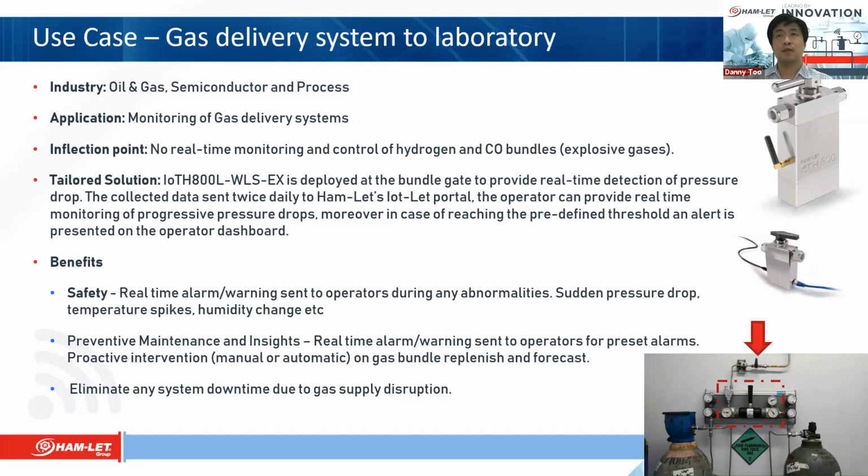I think one of the pain points of such deployments is that there's a lack of real-time monitoring and also control for such explosive gases such as hydrogen or CO bundles. So what the Hamlet IoT solution provides is the IoT H800 wireless EX, which has wireless communication and is ATEX approved, so that this smart valve can be deployed at the bundle gate, as shown in the picture in the right bottom corner,